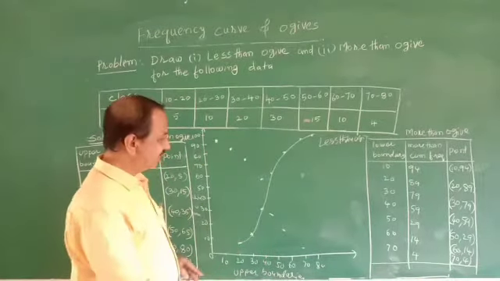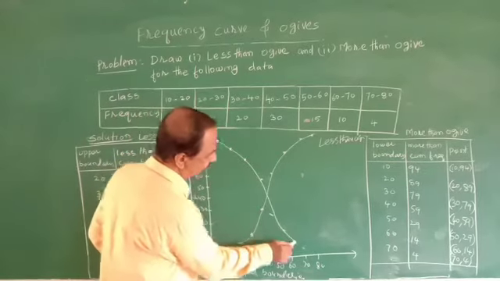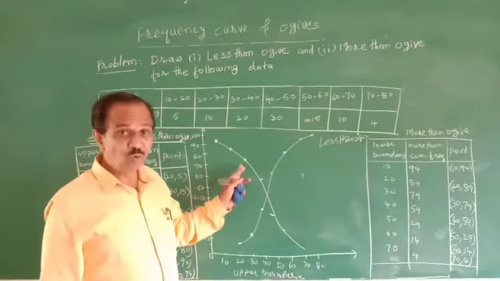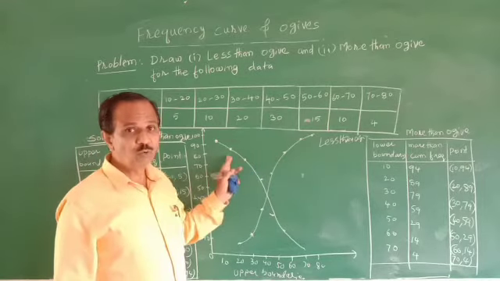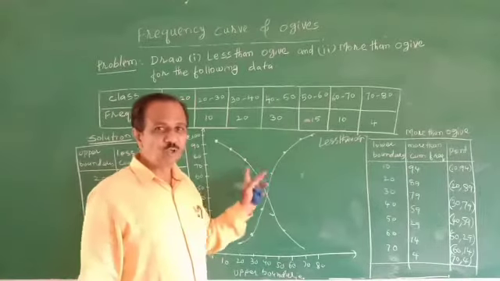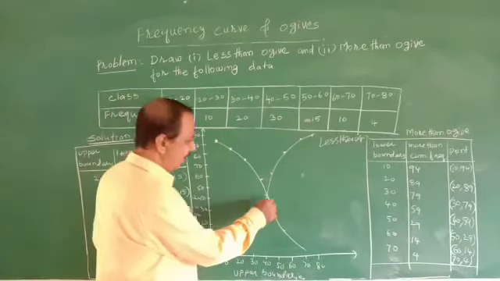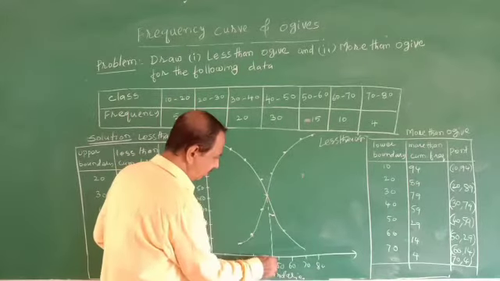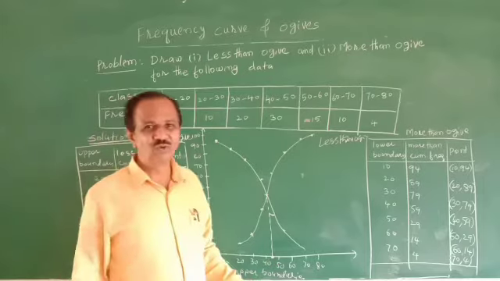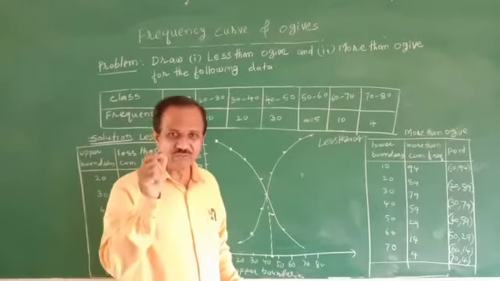Now join these points again with the help of the same. So this is the more than OQ, and the less than OQ. This is a declining line and this is an increasing line. Both will be intersected at one point. This is the point of intersection, and the corresponding value is called median. Therefore, median can be obtained with the help of the OQs. So this is one of the advantages.